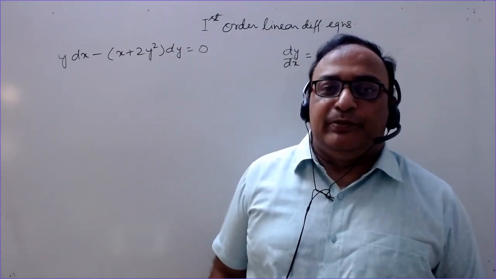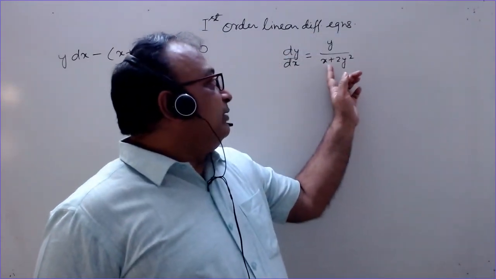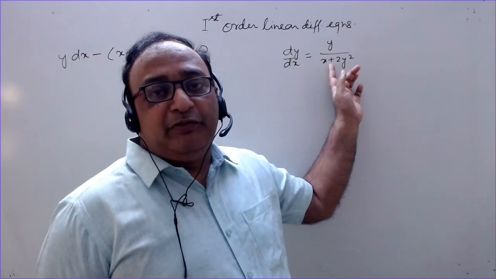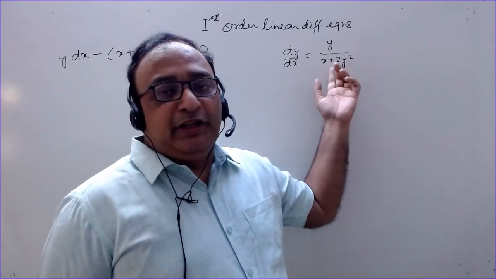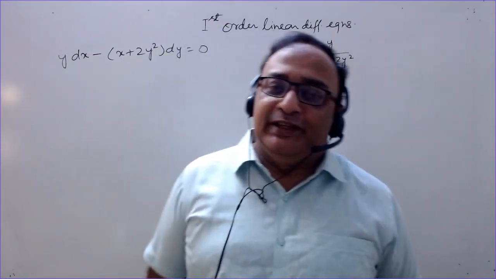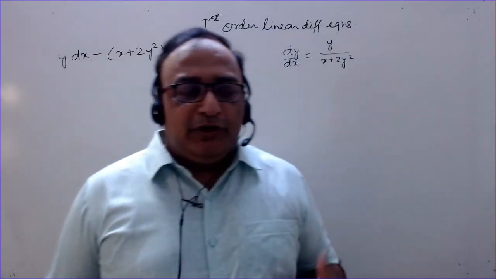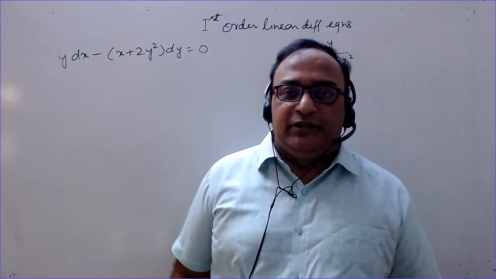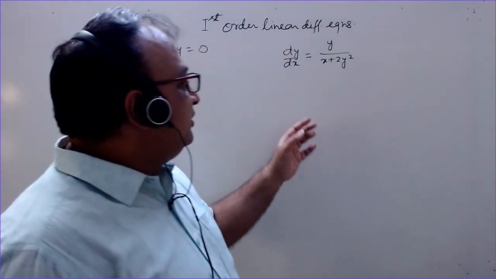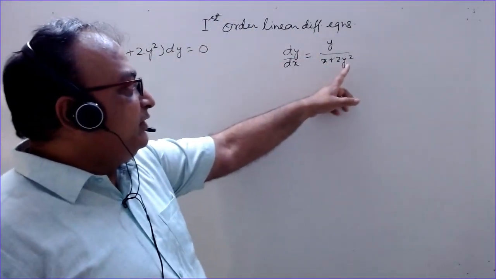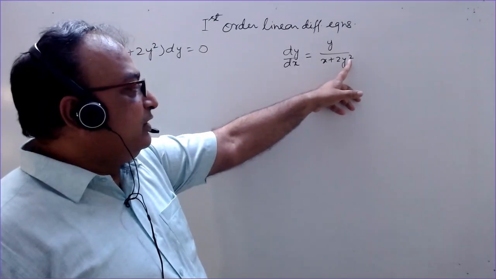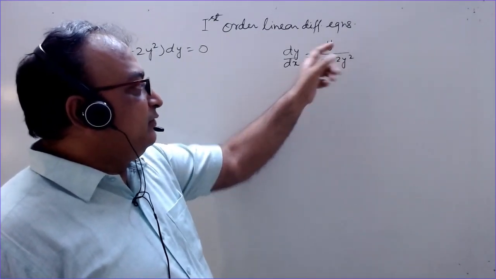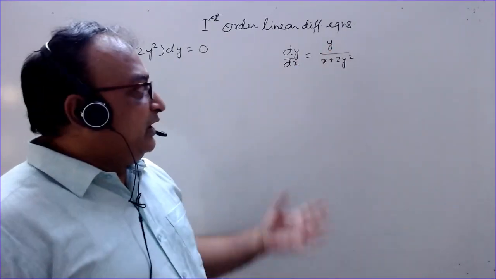What is the other type? If they would have been multiplied, or divided, then we could have easily separated them. What is the other type left? Homogeneous differential equation. So is it possible to solve it by this method? No, because here we have degree of y as 2, here we have only x, and here we have only y. So that is also not possible.